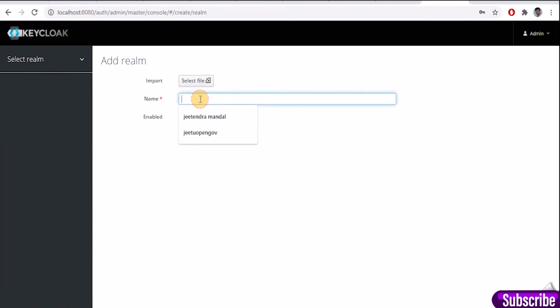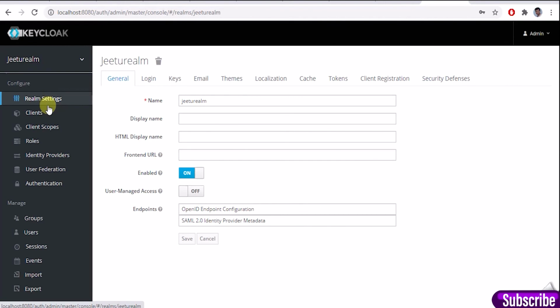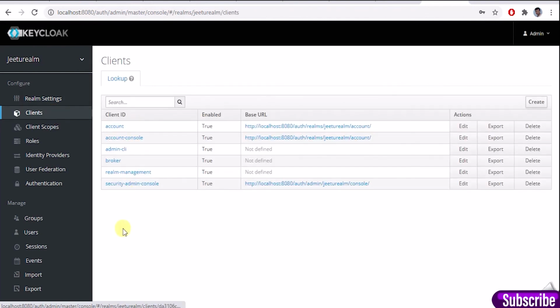We can create a realm in two ways, either by importing the JSON file or by creating it manually. So I'll create the realm here. Inside the realm, we can do realm settings. We'll go through all these. Then we have clients. We can create multiple clients as per need of the application.